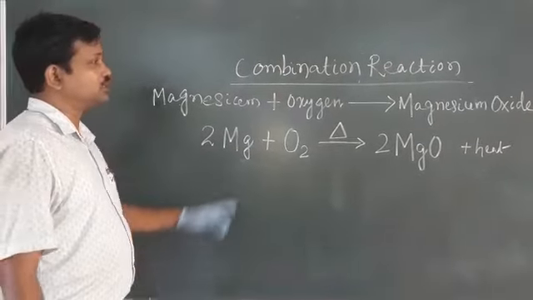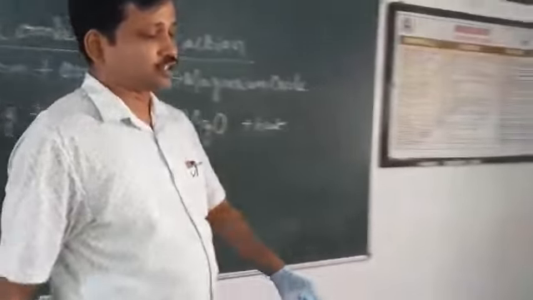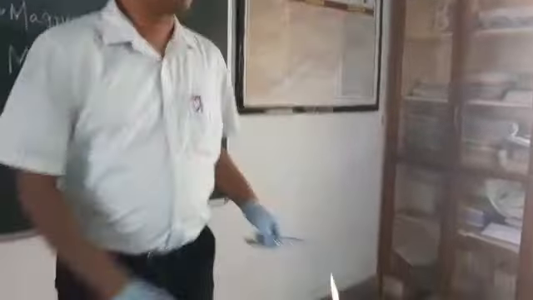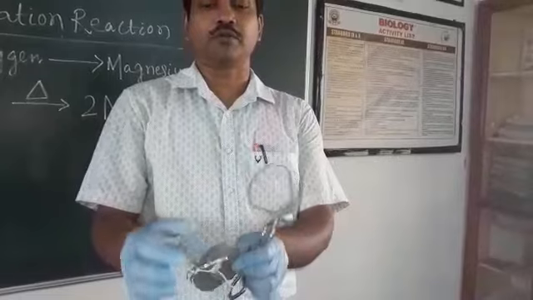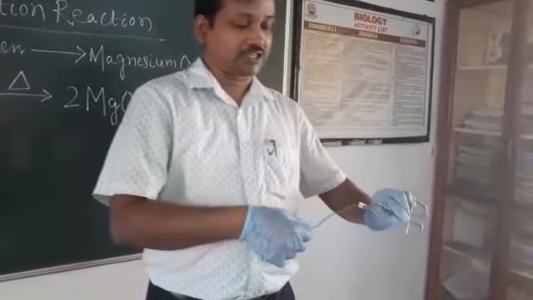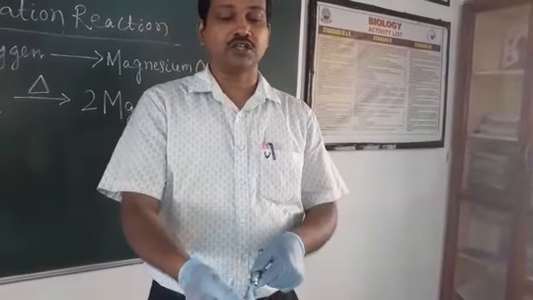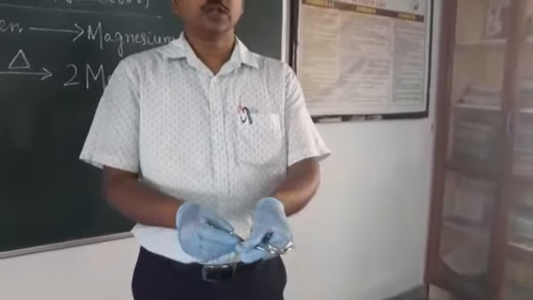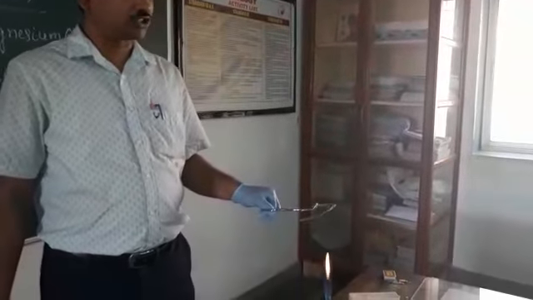So let me demonstrate this reaction so that it will be better to understand. All of you see, I have taken a magnesium strip. Magnesium strip is available in the lab like this, in the form of a strip or a ribbon, and I have collected a piece from this and rubbed it with sandpaper to remove all the deposits on the surface. So finally this is the magnesium strip I have collected. Now I will burn it. This is the burning process, a combustion process.